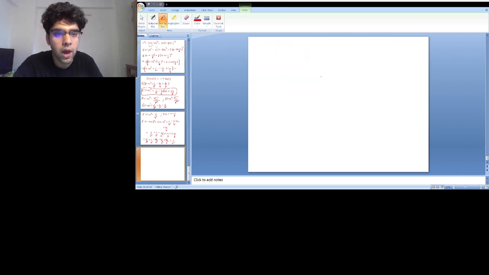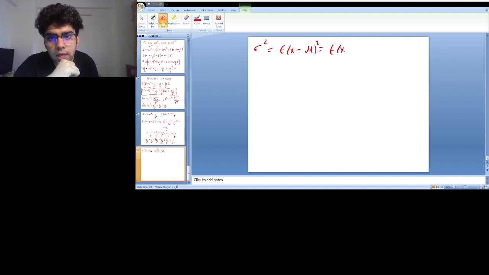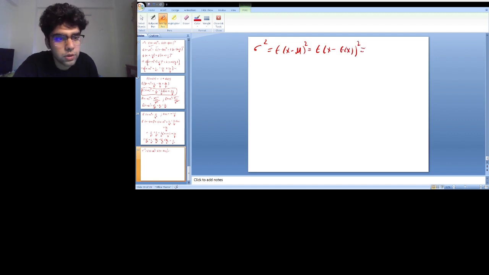Therefore, my variance, which is E[X squared] minus E[X] whole squared, is equal to 1 upon b squared. Therefore, my sigma squared is 1 upon b squared, which implies that sigma is equal to 1 upon b,